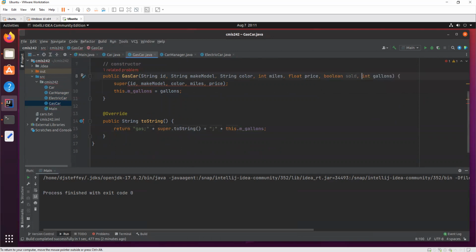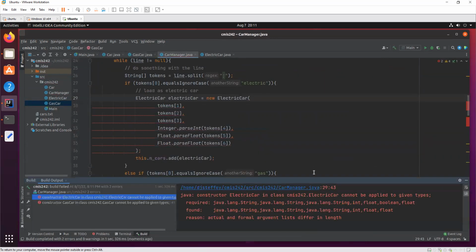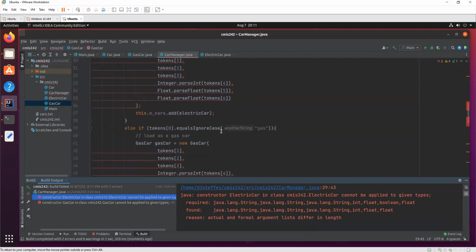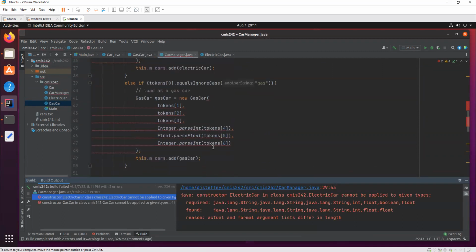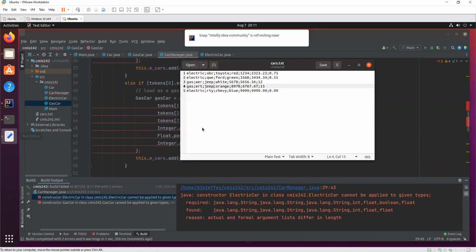Boolean sold. Sold there. Well, what does this also mess up? If we just try to compile it, it gives an error here when we're trying to make the electric car, when we're trying to make the gas car. Why? Because it's expecting another parameter, if it's been sold or not, if it's true or false. Let's go back to our thing.